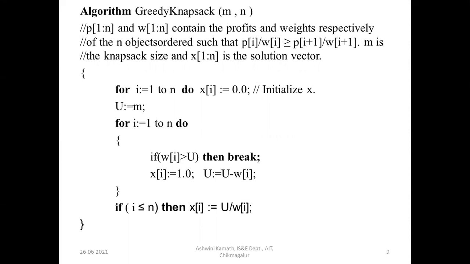So it will give you the guarantee that the knapsack will be filled completely, equal to its capacity. The greedy method gives you the guarantee that the knapsack will be filled completely. If the knapsack capacity is 20 kg, then the entire 20 kg will be filled with the items. That guarantee the greedy method will give, but the dynamic method will not give that guarantee. We'll discuss that while discussing the dynamic method.